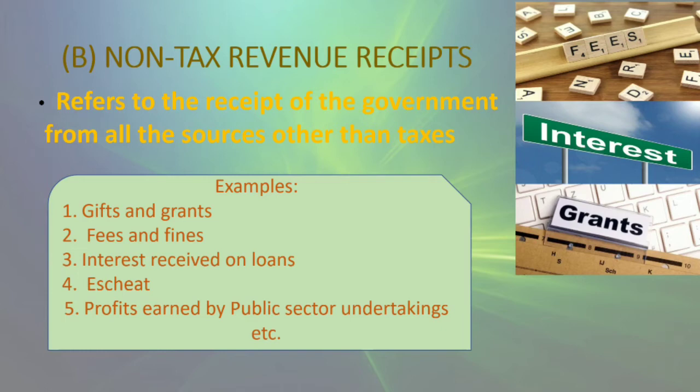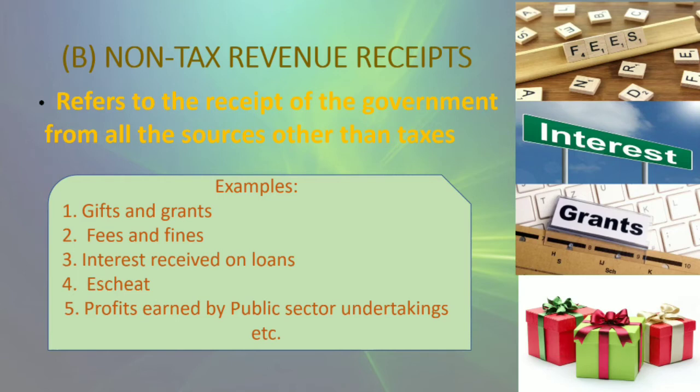First, gifts and grants. When any government, let's say our government only, the central government of India, gets a grant from the USA government, we are happy, our government is happy that they have got a gift, or grant. Grant is a lump sum amount which one country is giving to another country. So when we get a grant in the form of money, we are getting a receipt. Is there any increase in the liability or decrease in the asset? No. That's why we are saying these are revenue receipts. And why is this non-tax? Because these kinds of receipts are not on a tax basis. ये tax नहीं है, these are other than taxes.